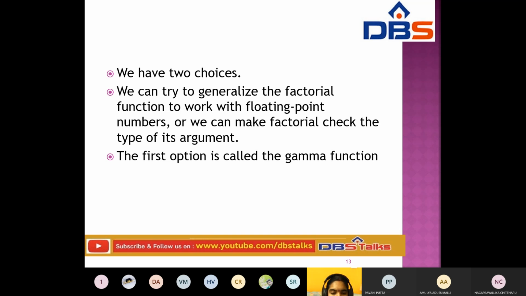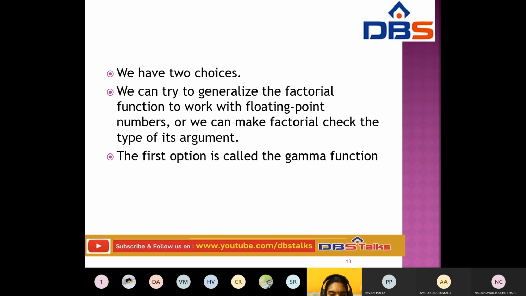Here we have two choices. First choice, we can try to generalize the factorial function to work with floating point numbers.